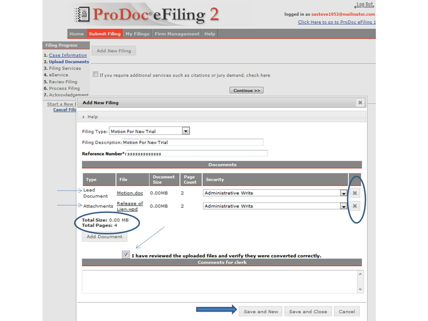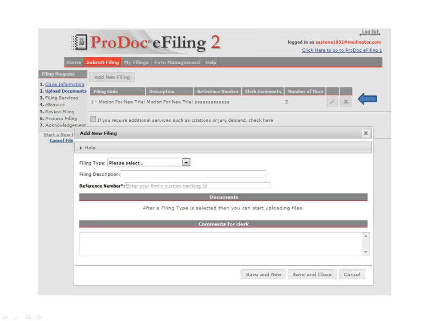Again, you can file multiple filings within a single submission. So if you want to add an additional filing, so for instance, if you need another lead document added for this particular case, for this particular filing party, then you can select Save and New, and it will add the filing that you've done to the top. You can see it up there at the top,